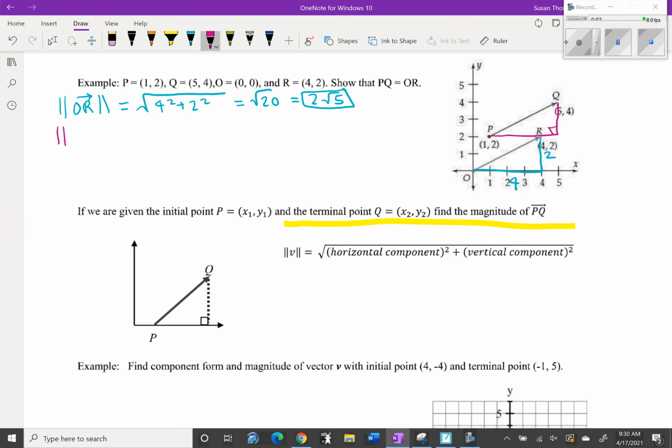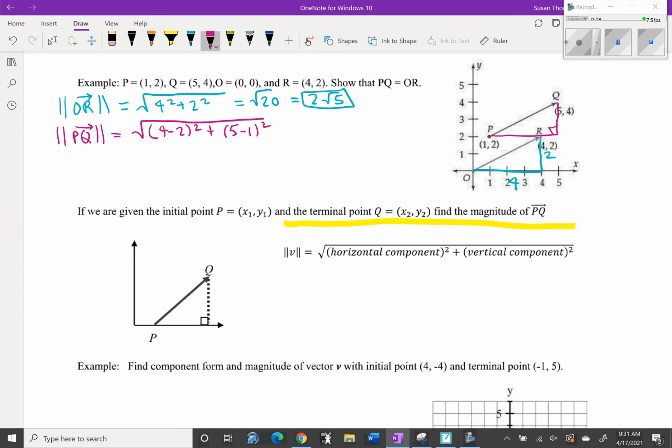So the magnitude of PQ is equal to the square root of, and we're going to subtract the horizontal component, so 4 minus 2, and then plus the vertical component squared, so subtracting those, so 4 minus 2, sorry, was the vertical, and then the horizontal would be 5 minus 1